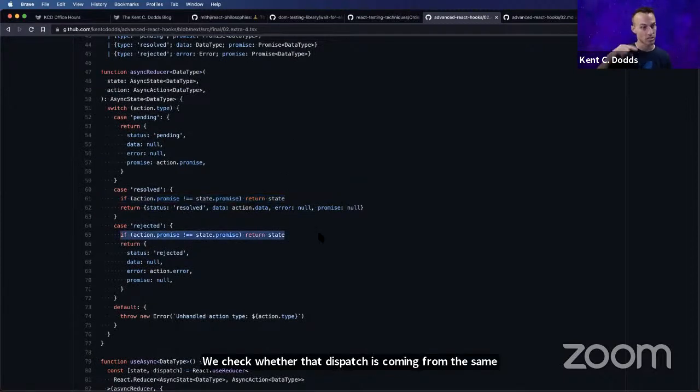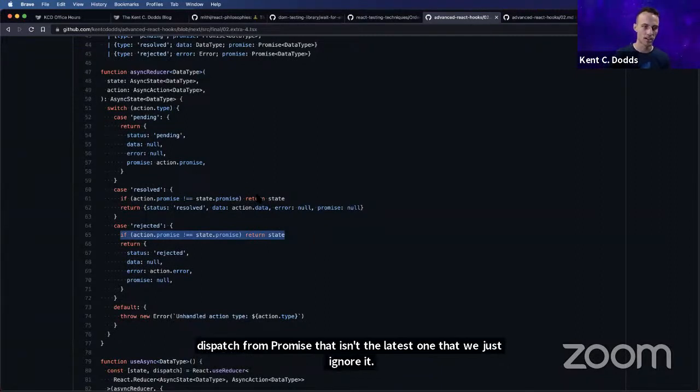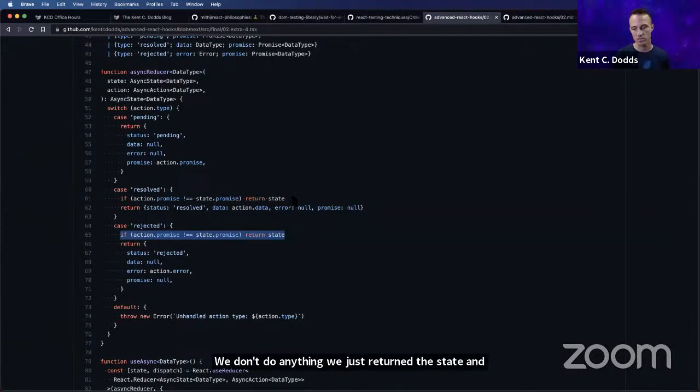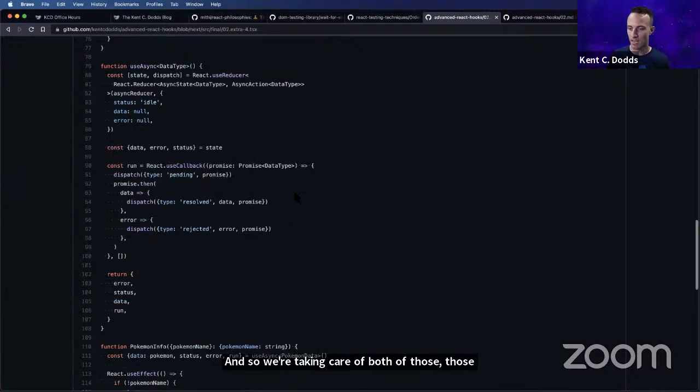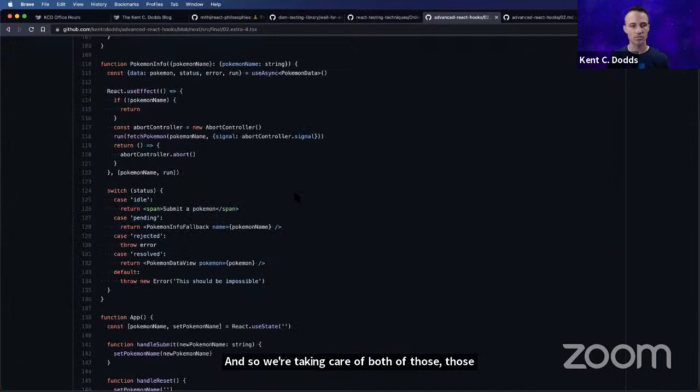So we always keep track of the latest promise. If we ever get a dispatch from a promise that isn't the latest one, we just ignore it and return the state. So we're taking care of both of those situations to handle race conditions. And you couldn't do that easily with event handlers.